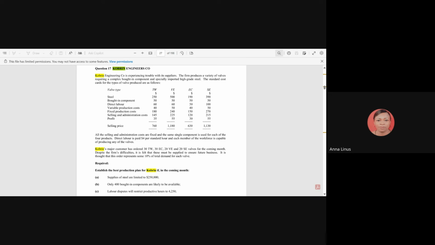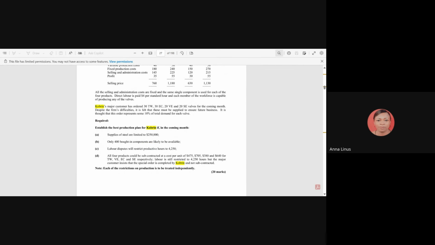Despite the firm's difficulties, it is felt that this must be supplied to ensure future business. It is thought that this order represents some 10% of total demand for each valve. Required: establish the best production plan for Cobrin if in the coming month